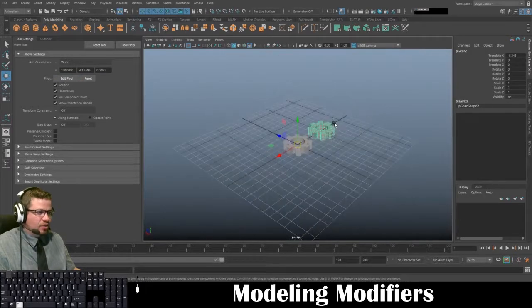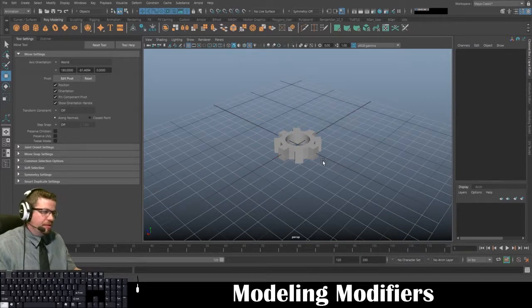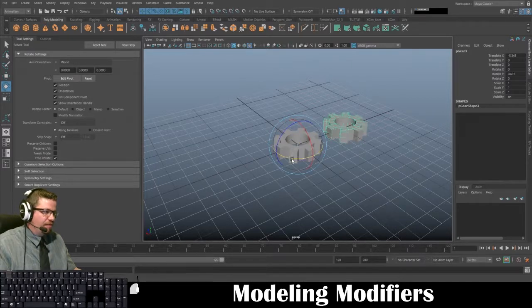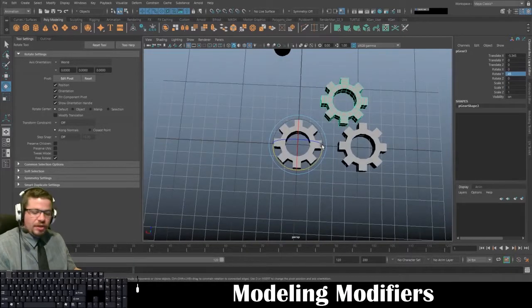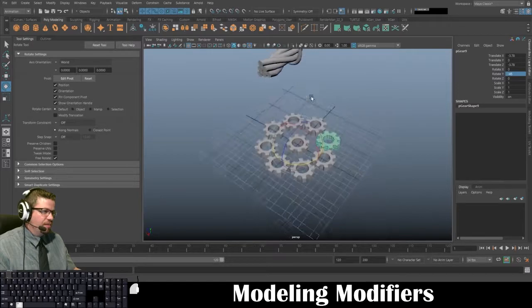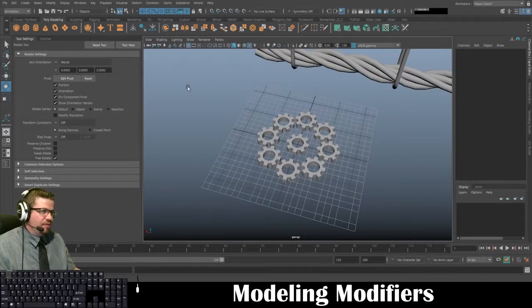What this is useful for is if I press Shift D now and I rotate it from this point, let's see if I can do 45. 45 will work. So Shift D, and then I just Shift D all the way around. It's going to create a perfect circle of gears in this case, which is such a useful thing,